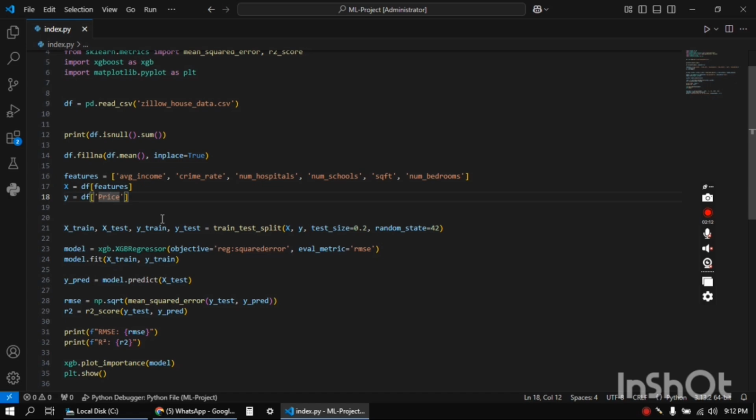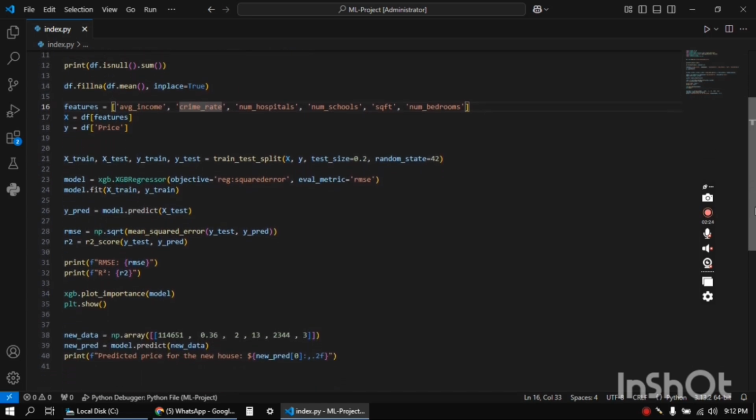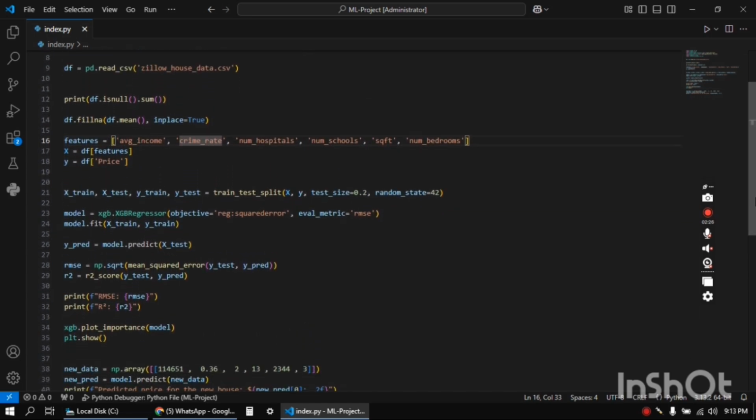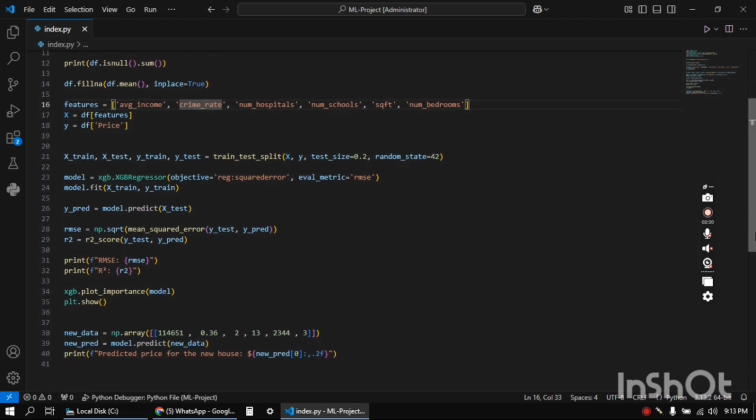The reason I have selected these factors is because these were available in the data that we have taken. We can take any other variables as well. We just have to name them over here. Then we are going to predict the data based on this code,